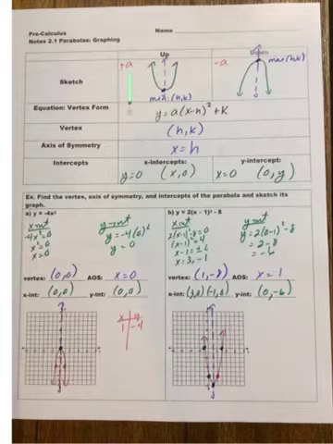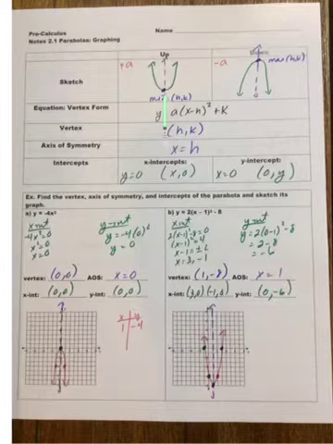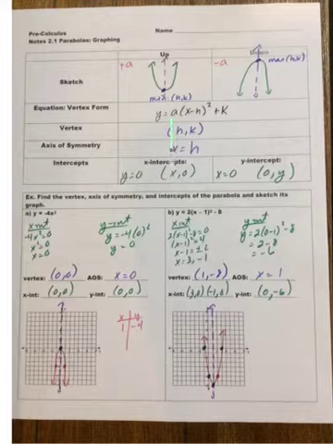If your a is positive, it's going to open up. If your a is negative, it's going to open down. If it opens up, it has a minimum value, that's the vertex. If it opens down, it has a maximum value, which is the vertex. Either way, the equation is y equals a times the quantity x minus h squared plus k,